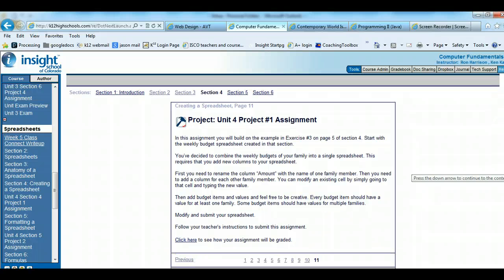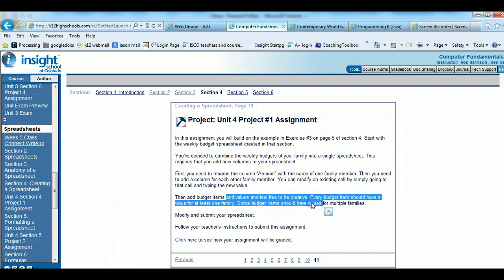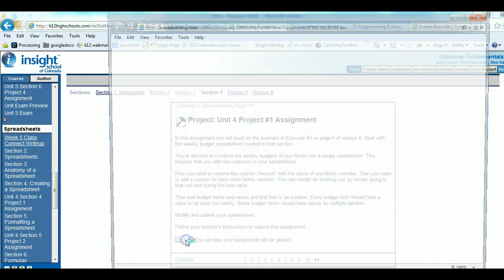So in this project, you're going to build an example, like in exercise 3, the one that we looked at. You're going to start off with that example. And then you're going to put the members of your family in that spreadsheet. So you're going to rename the column amount and name it with one family member. And then you need to add information for each family member. Then you're going to add some extra budget items. Now if I click on how it's going to be graded right here,